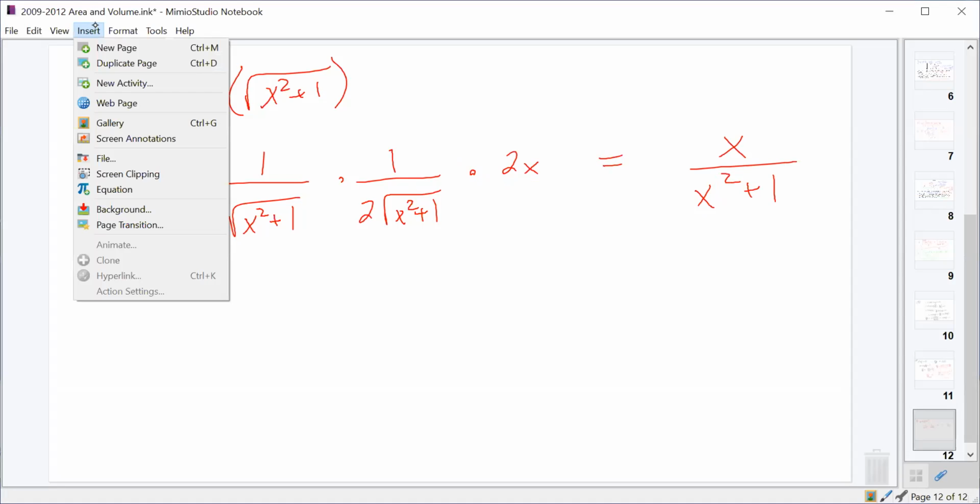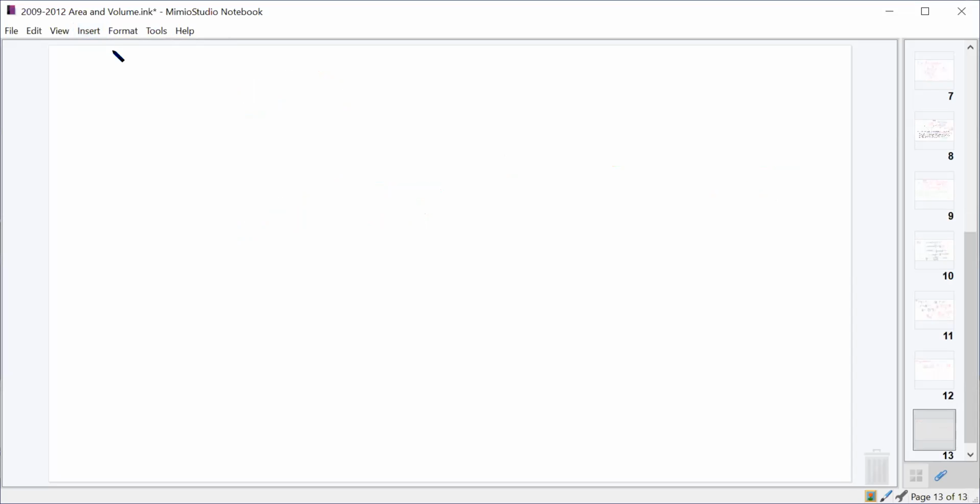All right. Let's move on to 12. So number 12 was y equals e to the x minus e to the negative x over e to the x plus e to the negative x. Okay. So this is a quotient of two functions, so we'll use the quotient rule. That should give us